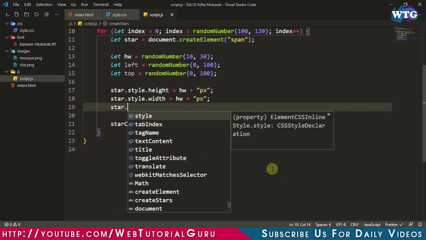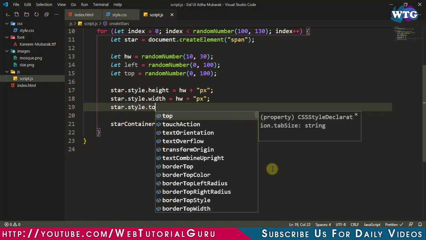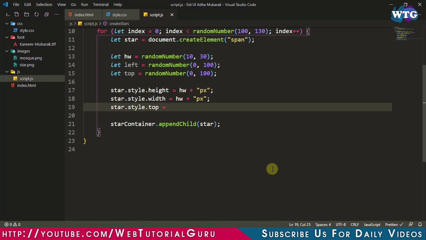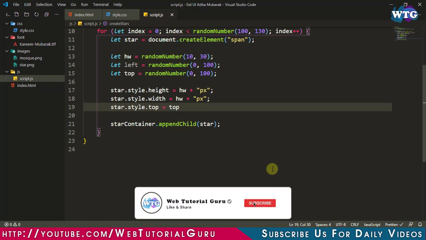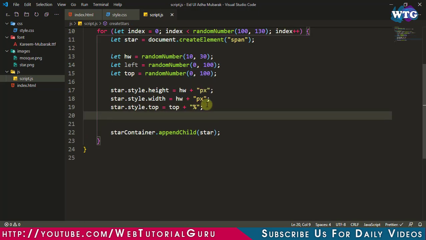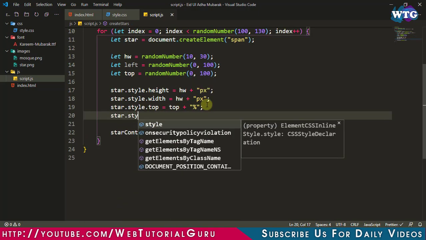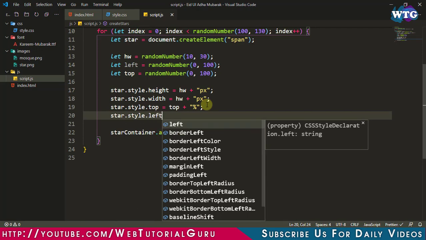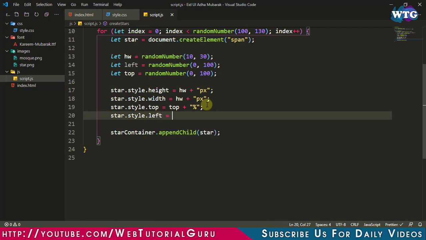Star dot style dot top equals to top variable name plus percentage. Now let's assign the left value to the star. Star dot style dot left equals to the variable name plus percentage sign.